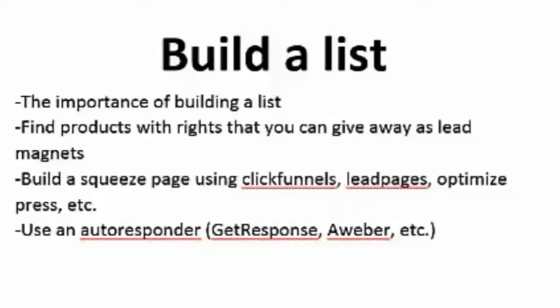One of the first things you have to do if you want to be successful in affiliate marketing is to build a list. And I'm sure you've heard this before, okay? You absolutely have to build a list if you want to be successful in affiliate marketing, okay? The main reason you want to build a list is once you have a list of subscribers, you can continually promote affiliate products to them.